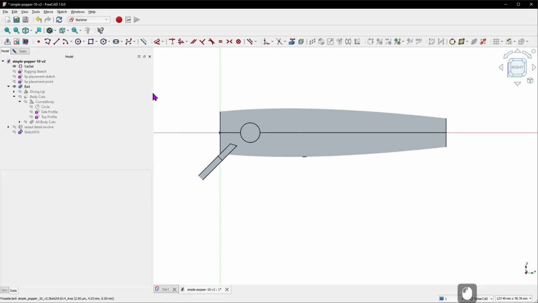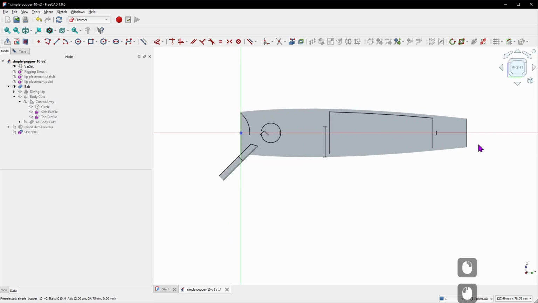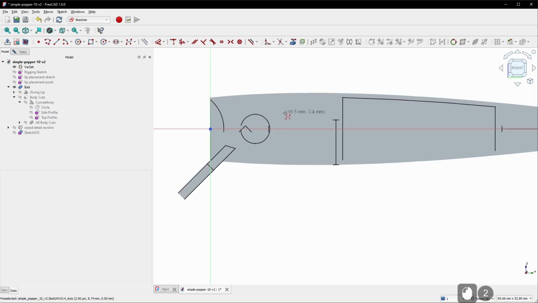So what we can do is come up here, and there is an icon called View Section. And that'll cut that plane out. So you can see some of the internal geometry here, but all I really cared about was the outer lure shape and the eye. So let's draw a B-spline here. And this one, I'm not even going to bother to constrain. I'm just going to sort of freehand a shape